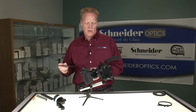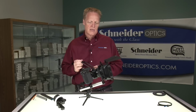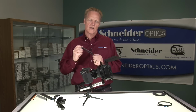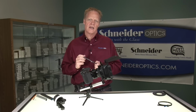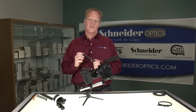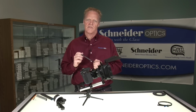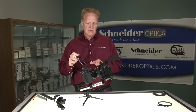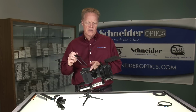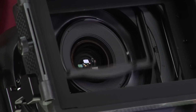Now the thing you want to be aware of when you're mounting a matte box onto any camera is that your filter will clear the front element of the lens. This is especially important if you have a wide-angle lens that has the front element sticking beyond the front of the lens barrel. You want to be careful not to scratch your lens. So we've selected the depth of the matte box here, so the filter tray will just slide right in,